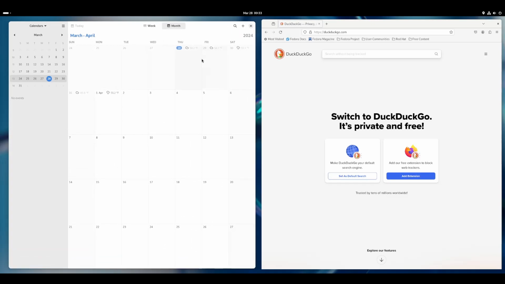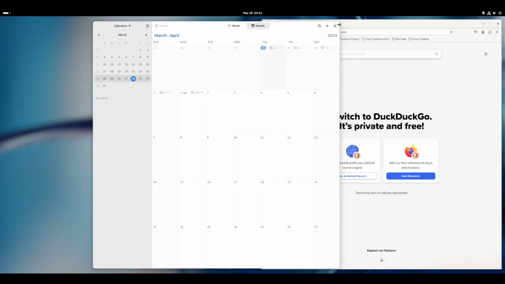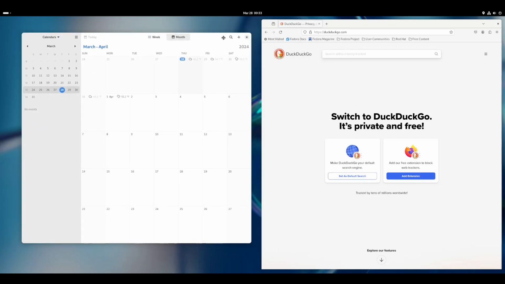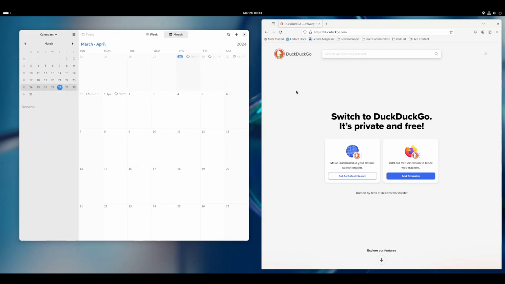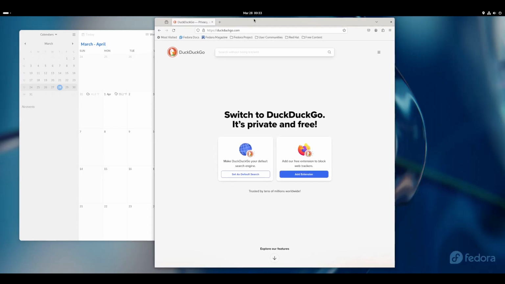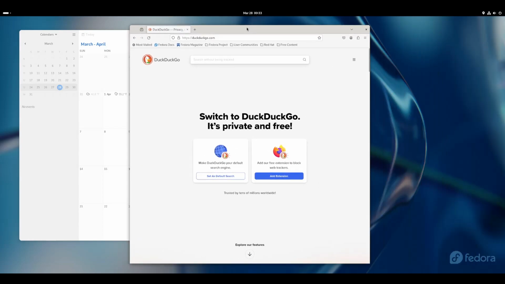What we can do now is we can resize our calendar app. If you notice that was in full screen, why would that have been? Sometimes you might want to use an application in full screen and you don't need anything else going. Maybe you're a teacher and you only need to use your browser for things. Maybe you're just a student and living in your browser is good enough. You use things like Google Docs, you just watch YouTube and Netflix, you use your Canvas for school or something